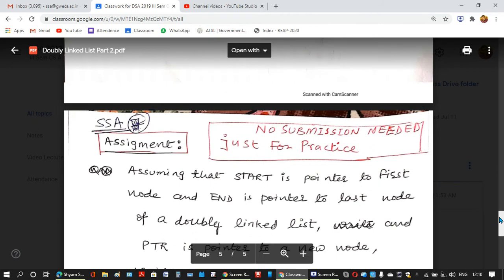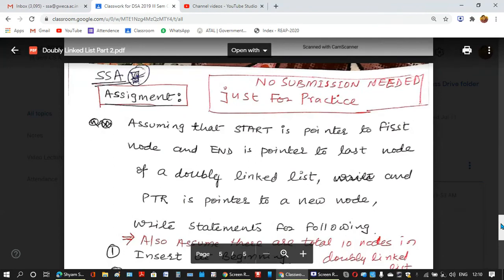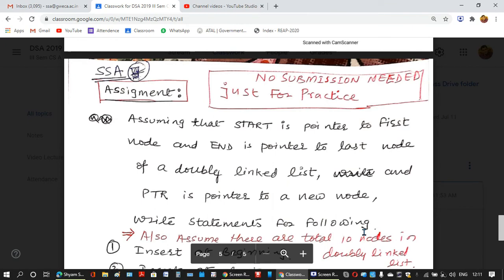And if there is some trivial error made by me, like putting a semicolon, I hope you don't depend on me to put a semicolon. You can put a semicolon yourself when the compiler complains about a semicolon or a missing double quote. So this is all about how to delete from a doubly linked list. What I want from you all is that you should be able to write statements according to need by yourself, and for that you need to draw a diagram, watch what you want to do and how that will be done.